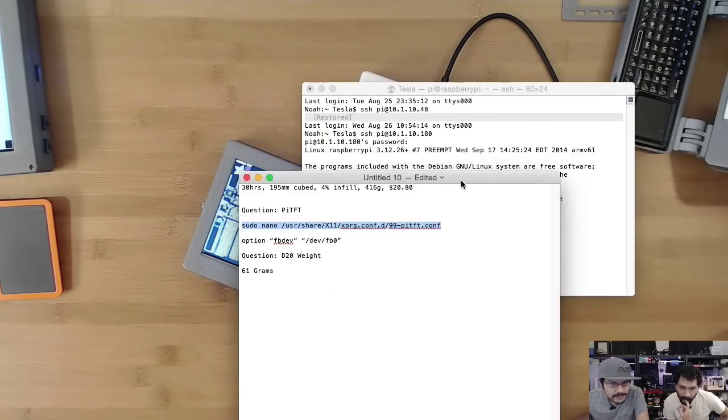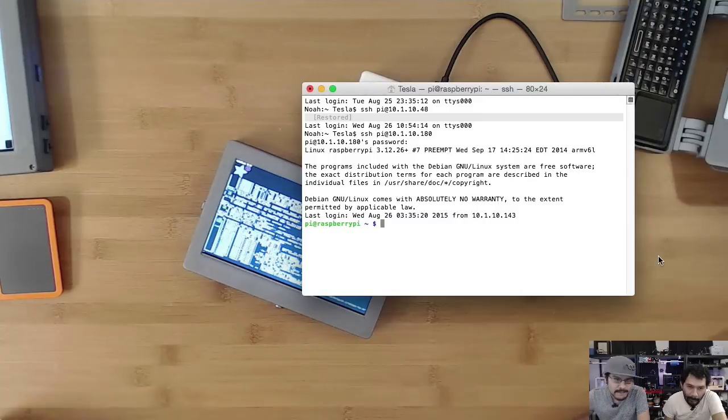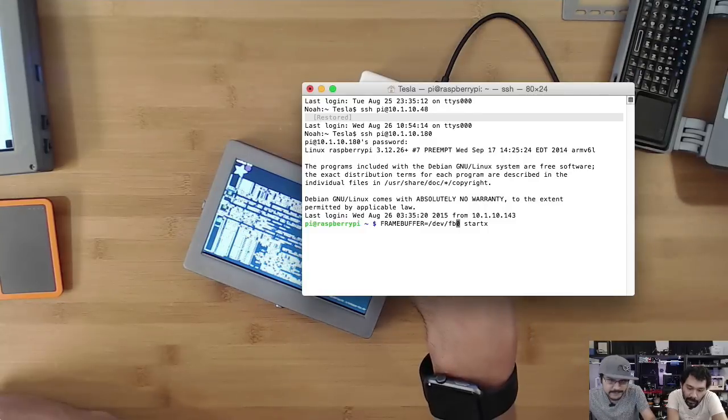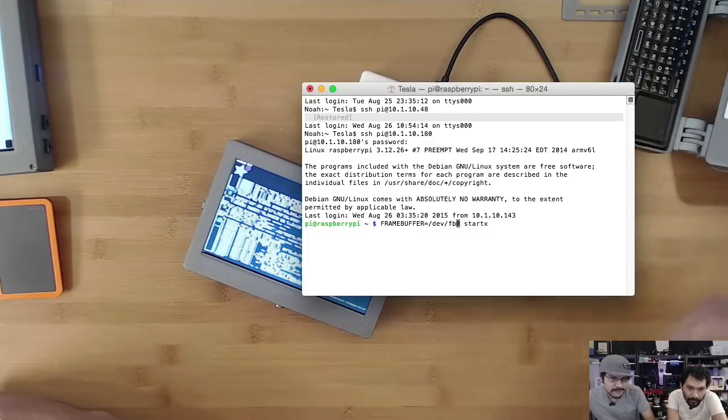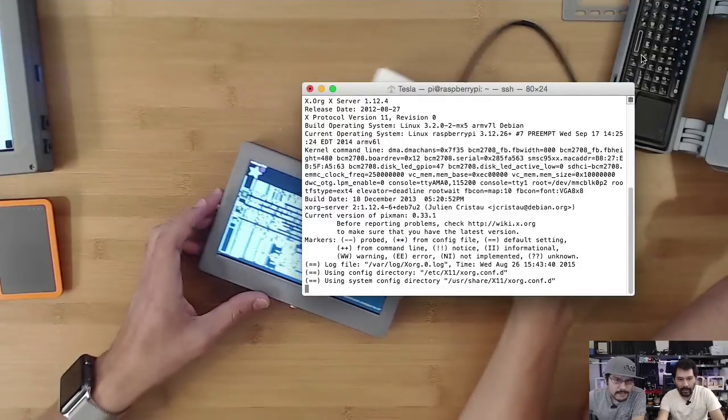I think I have a different one. Hopefully it's saved in there. Yeah, there you go. So you just use this FRAMEBUFFER equals /dev/fb. Really what you're changing is a 0 to 1. 0 is the PiTFT, and 1 is going to be the HDMI display. So let me go ahead and do that. I hit 1. The window so we can see it. And then you'll see,